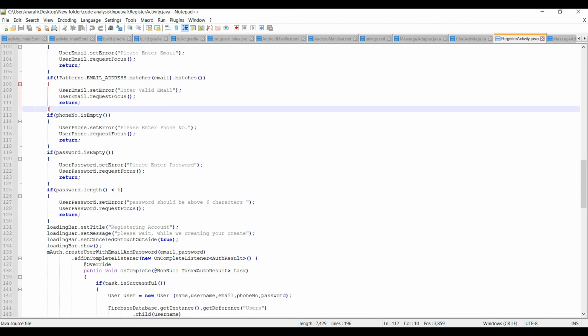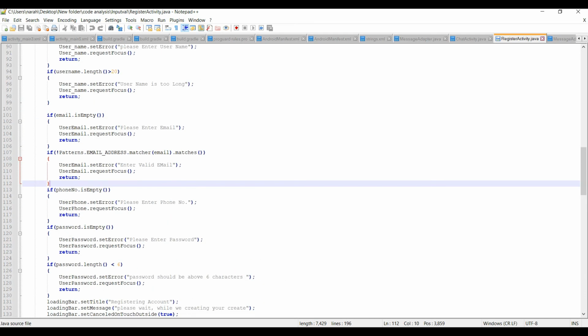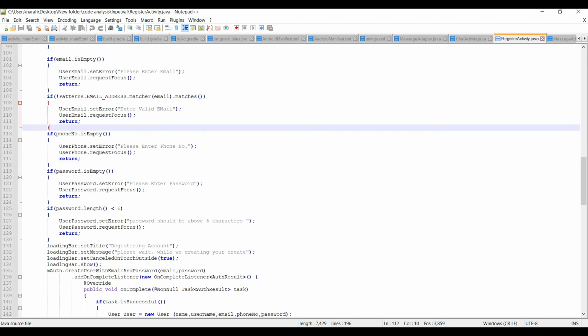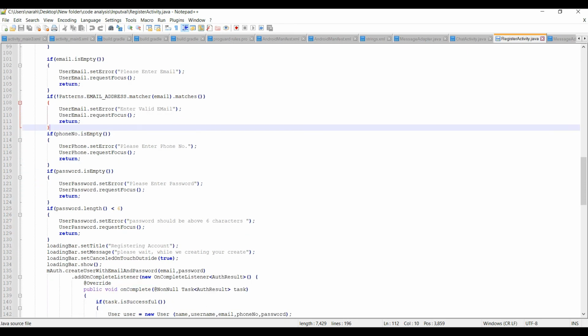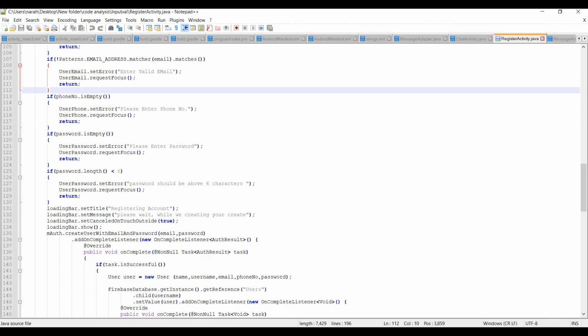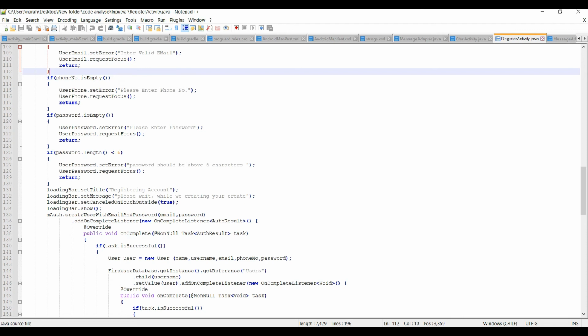From the source code we can analyze, if these things are not available in a real time application, we can perform input based attacks, because from the source code itself we can analyze there is no input validation happening, so it will be easy for us to do the attacks. That's why I'm showing you this. If you see this kind of thing in real time applications, then validation is happening, so it is somewhat secure. If this kind of thing is not there, then it will be easy for the attacker or the penetration tester to find the vulnerability.